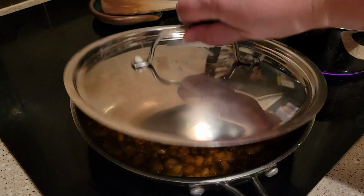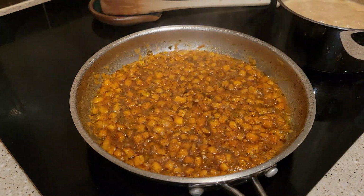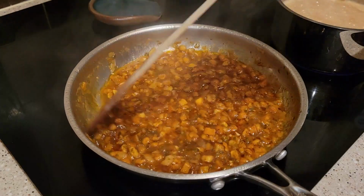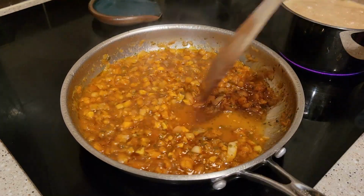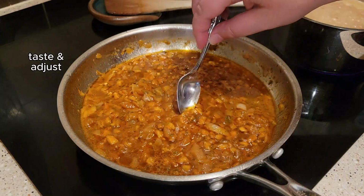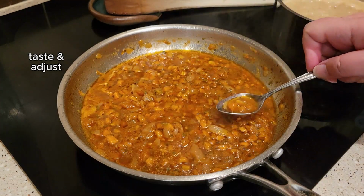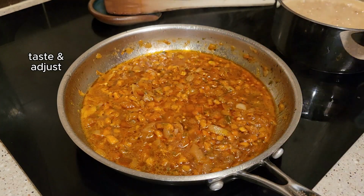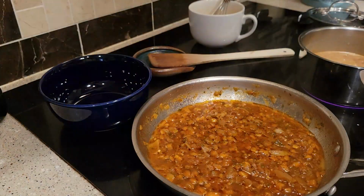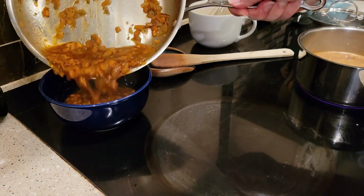After about 15 minutes, you can take off that lid and give your ranchero sauce a stir. And basically, you're just wanting to make sure those tomatoes and those onions are nice and tender and you have the flavor you want, okay? So go ahead and taste it and adjust it. You can always cook this longer if it needs to cook longer, or you could add more water and cook it, whatever it needs. Mine was perfect, so I went ahead and transferred that into a bowl,